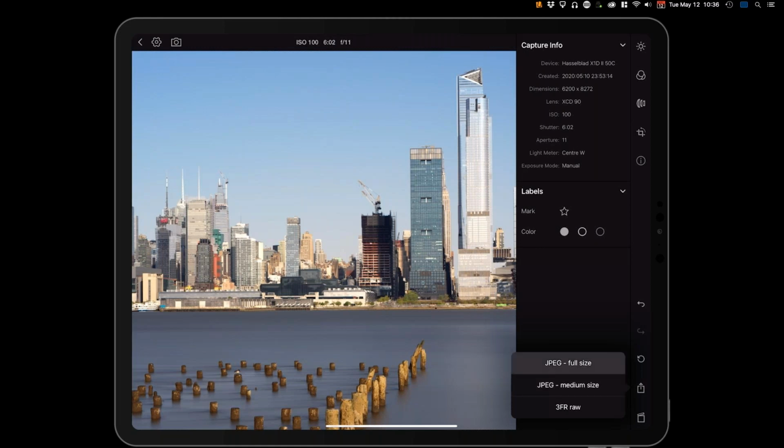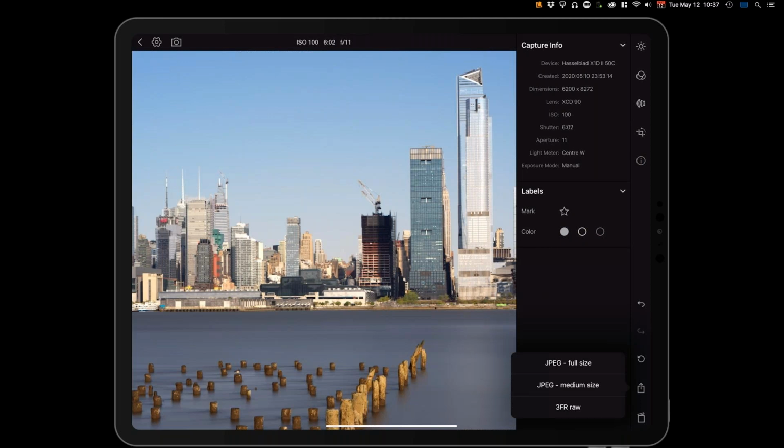So the full size is quite nice if you want to send someone a large full resolution preview of things, and the medium size is if you just want to send a really quick preview at a compact file size, it's quite nice. Both are in the sRGB color format, so they are optimized or share ready for the web, but the full size option is at 300 dpi, and the medium size is at 72 dpi.